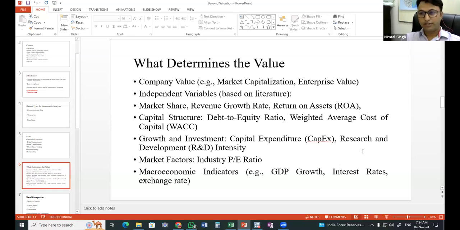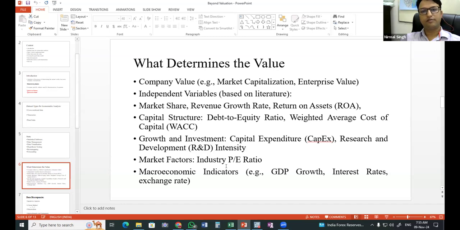Then, how the GDP of a country is changing, or, for example, if one particular company is engaging in international trade, which is generally the case, then how the exchange rate of the country is going to impact their valuation. So all those factors can have an impact. Our main focus is how to segregate the impact of all these factors, to understand, for example, if the GDP of the country increases by this much, how much change we can see in the valuation of a company.